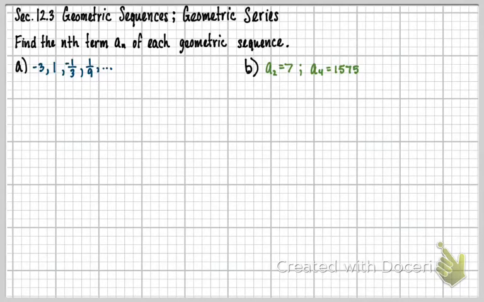Find the nth term a sub n of each geometric sequence. So right away they tell us this is geometric, so that tells us there is a multiplier. Then we're going to times by each of these numbers to get the next one. So I need to look at this and say, hey, what am I going to multiply by -3 to get +1? Now again, the first thing I'm going to kind of set aside from this is these negative, positive